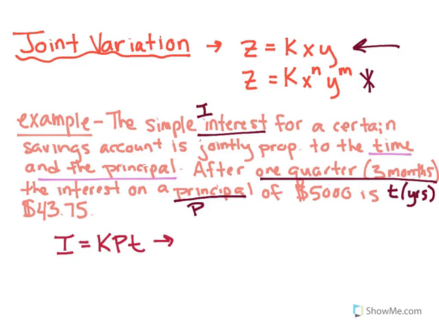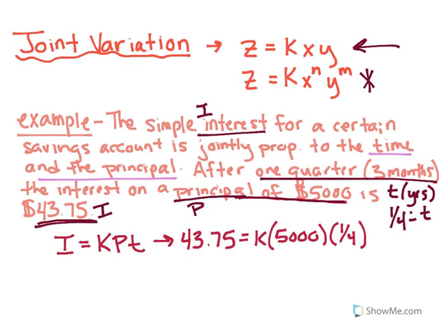So it actually does give me all 3 pieces of information that I need. It says that my principal is equal to $5,000 here. So that's one part. It also says that the interest on that principal is $43.75, so this is my interest value. And then it does give me a time. It tells me that it's 1/4, 3 months. In other words, it's a quarter of a year. So those are the numbers I'm going to plug into my formula,